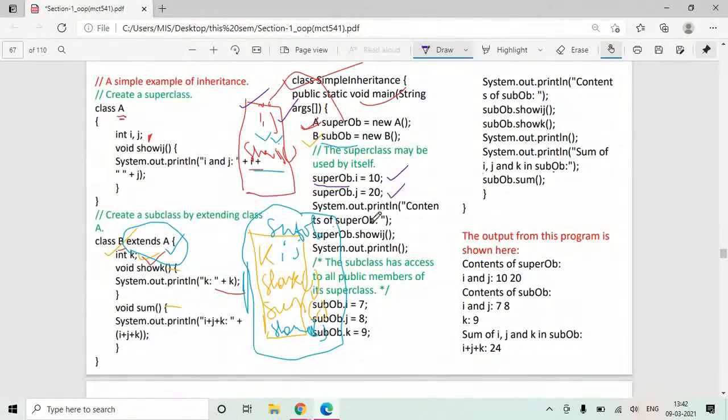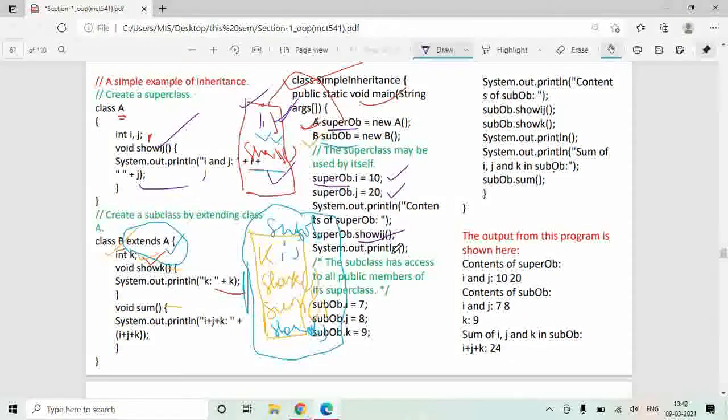And using super OB dot show ij, I will call this function show ij. It will display the value of I and j on the screen, that is 10 and 20. Other than these three things, I cannot do anything with the super OB, because super OB object has access to variable I, variable j, and show ij function.